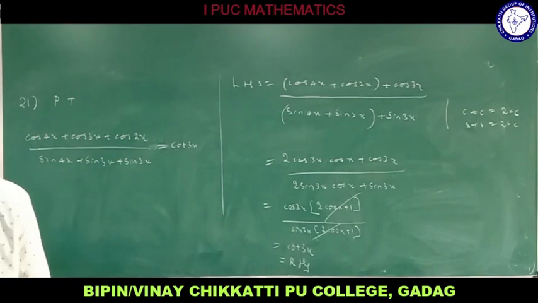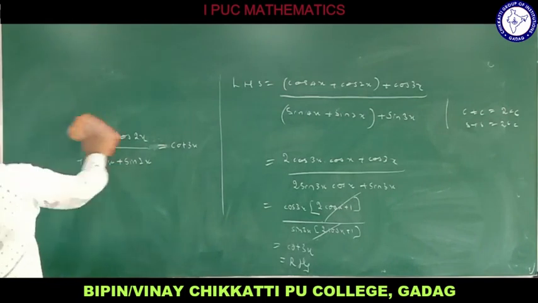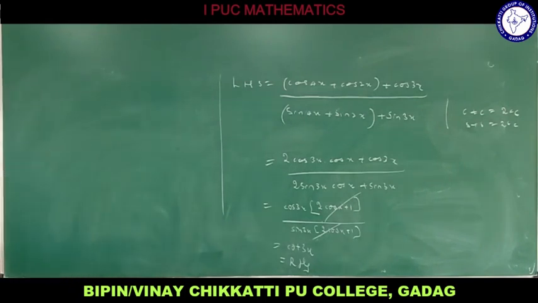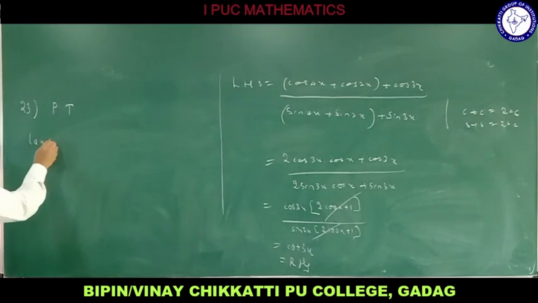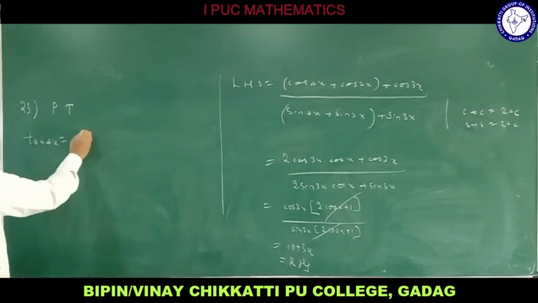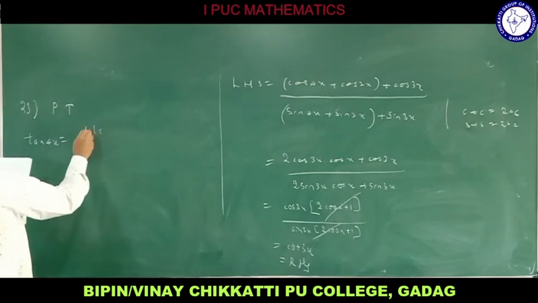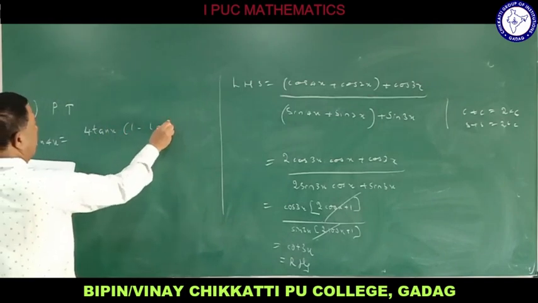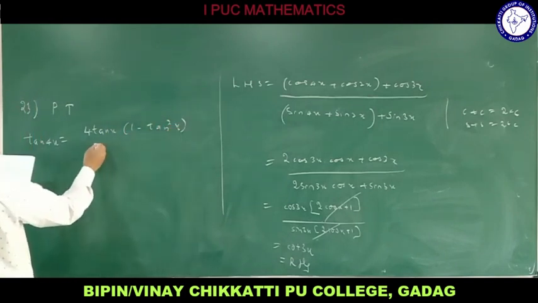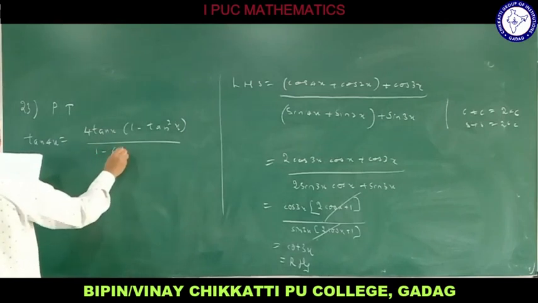Now I am taking 22 as done. Now the last but one is 23. So let us see how 23 and 25 can be proved here. So see this 23. What is 23? Prove that tan 4x is equal to 4 tan x into bracket 1 minus tan square x, divided by 1 minus 6 tan square x